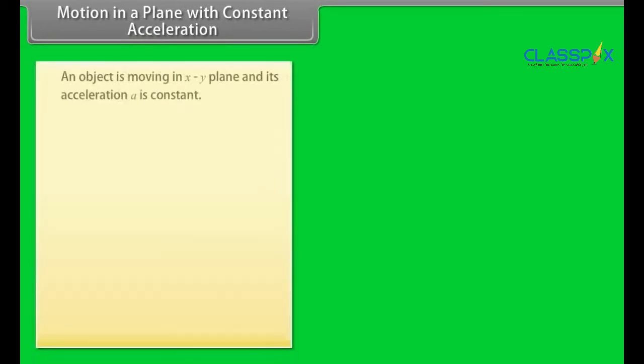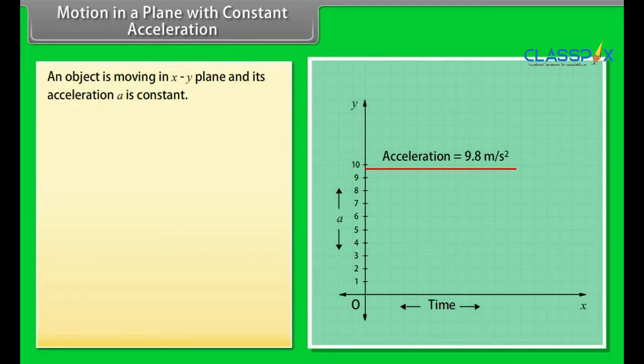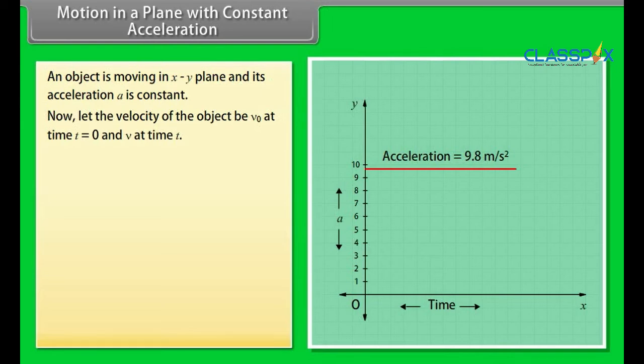Motion in a plane with constant acceleration. Let us take an example to understand. An object is moving in xy plane and its acceleration a is constant. Now, let the velocity of the object be v naught at time t = 0 and v at time t. v = v naught + at. This is the equation in component form. We conclude that